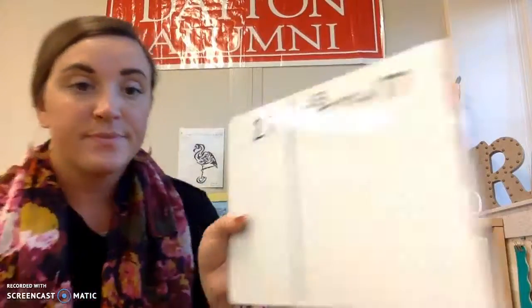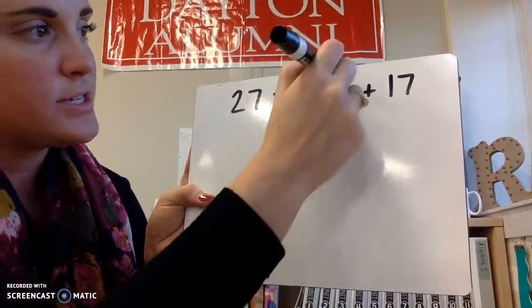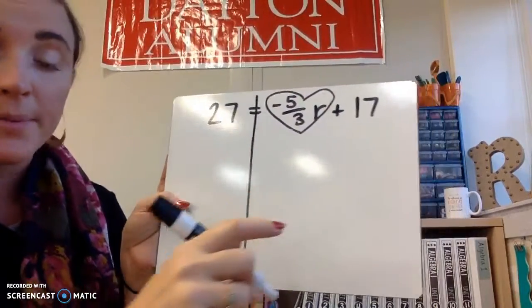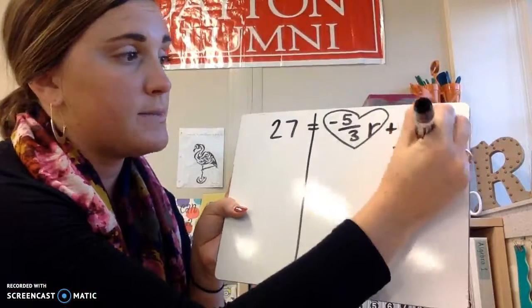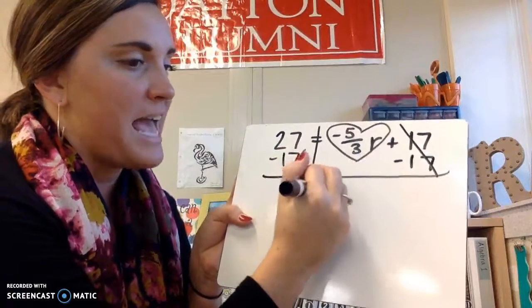27 equals -5/3r plus 17. Okay, so the fraction is your date again. That -5/3 is your date, you are r. Your third wheel in this case is the positive 17, so you're going to subtract 17 on both sides of the equal sign. So 10 equals